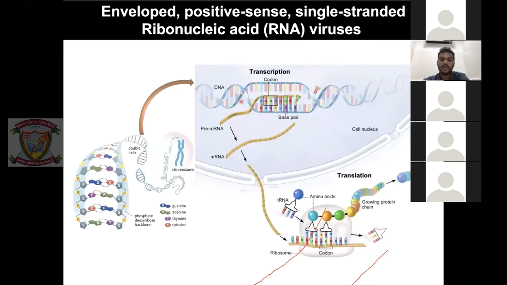Basically, you have ATGC, and you get the complementary pairs: A pairs with T and G pairs with C. In the case of RNA, your T is replaced by uracil, U. Now you have the DNA sequence, which is called a template sequence. The template sequence is read by an enzyme called RNA polymerase. This RNA polymerase comes and binds, and senses what the nucleotide is. For example, this is guanine G, and it brings C from outside. This entire process is happening in the cytoplasm, that is inside the cell.